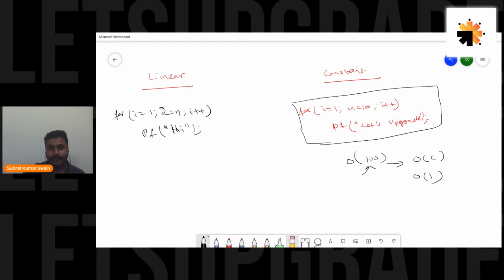If I go for this, how many times would hi be printed? You would say n times. What is the value of n? We don't know. That depends on the input of the user. Let's say I take input as 50, so this loop will run 50 times. If I take input for n as 100, then this loop will run 100 times. So that depends on the value of n, right? We don't know exactly how many times this loop will run, or what time this code snippet will take to execute or to print hi.